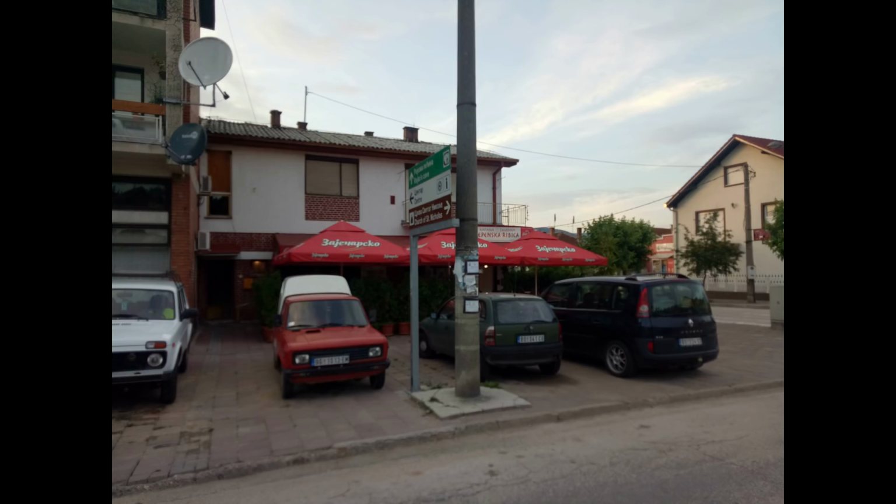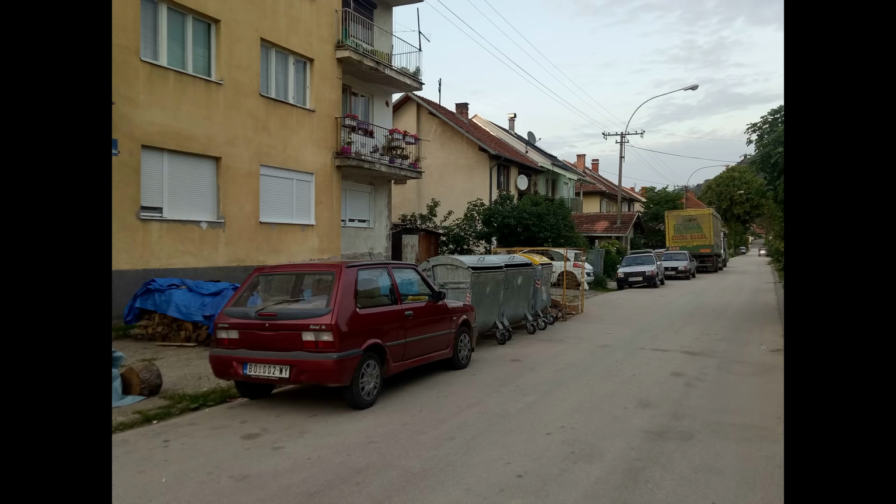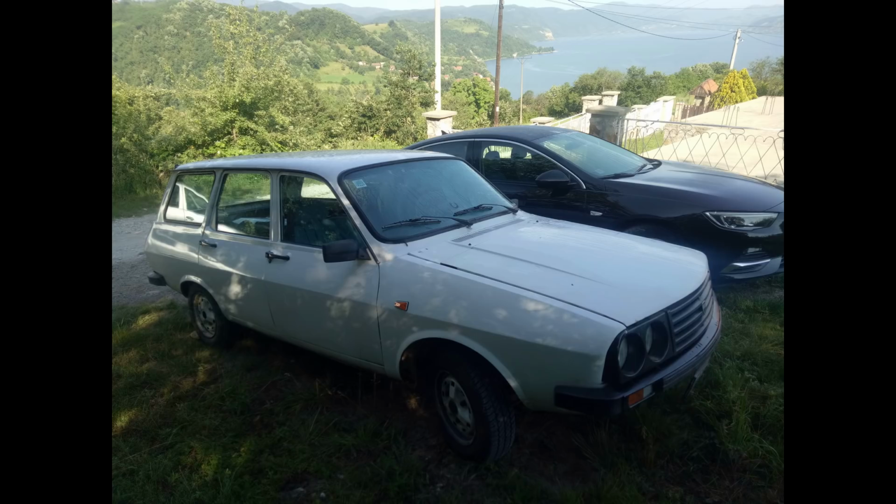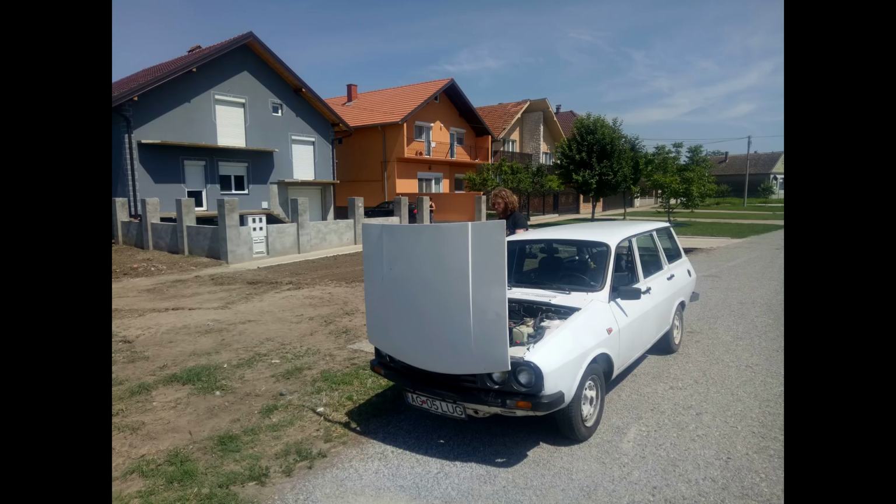We've got a Zastava pickup, very rare. Late Zastava, facelifted, we never saw those. Another tiny cat. We are slightly obsessed with cats. And there we go, ready to start another journey as we drove through Serbia, and on our way to Belgrade,